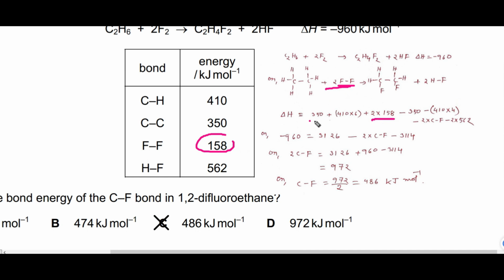This is the bonds broken. Then minus bonds formed, meaning products: minus 1 carbon carbon bond 350, minus CH bonds, 1 2 3 4, 4 times 410 is given,